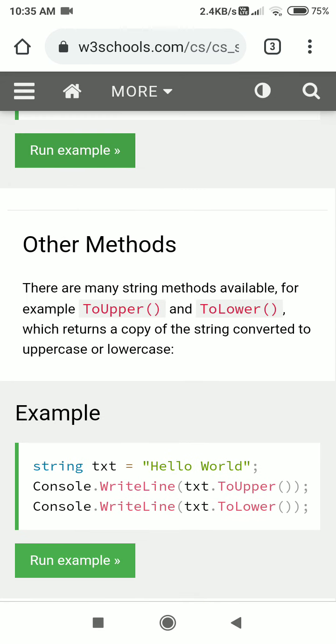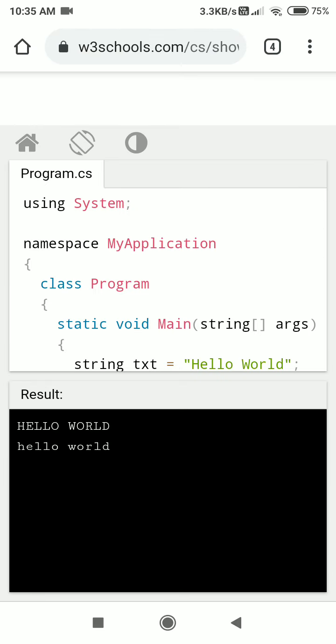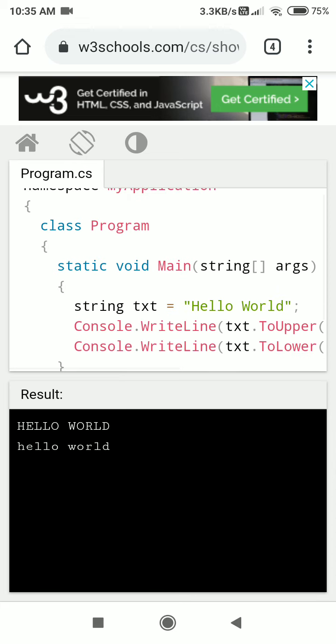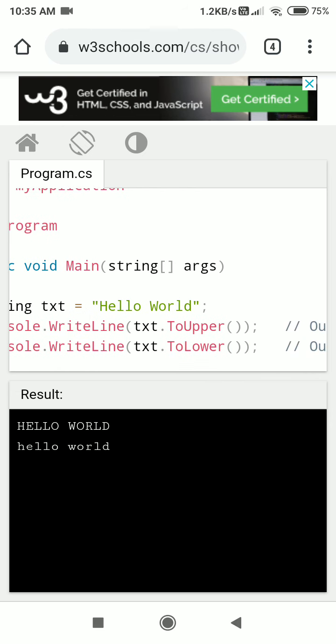ToUpper and ToLower: if you want to make text upper or lower case, you can do it very easily. I have created a string txt where I have stored Hello World, with capital H and capital W. I am now making it totally upper case. ToLower makes all characters lowercase. It is quite easy.